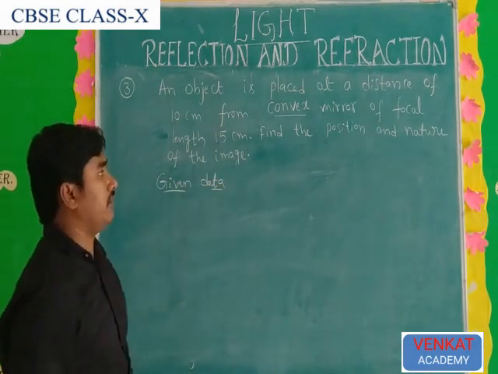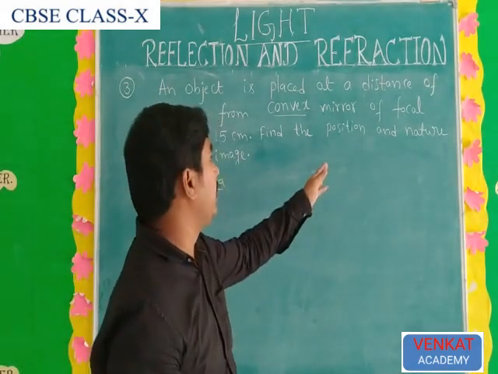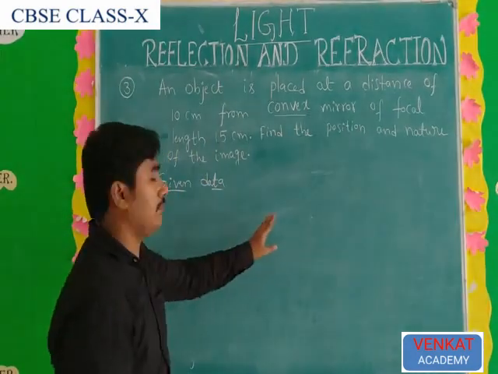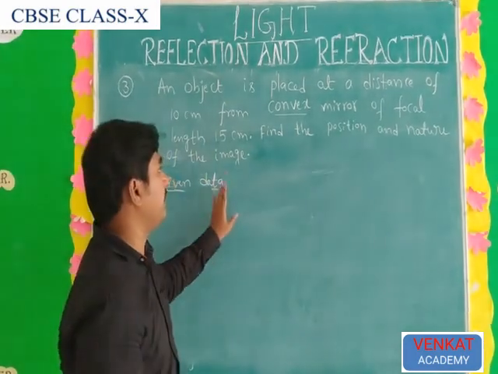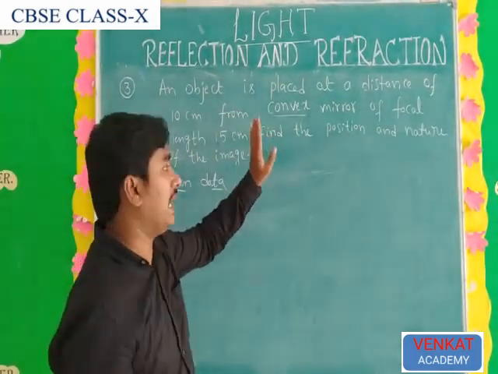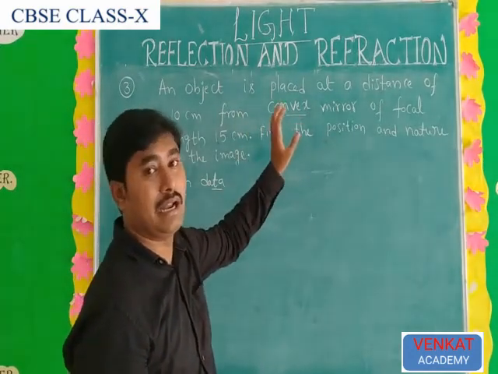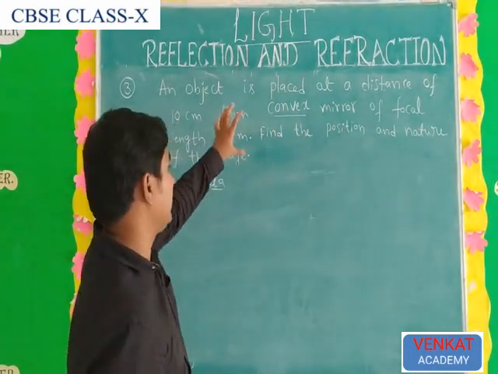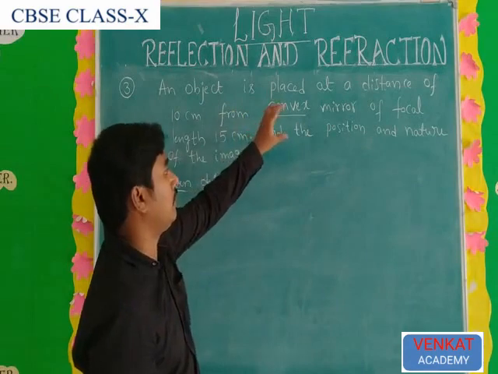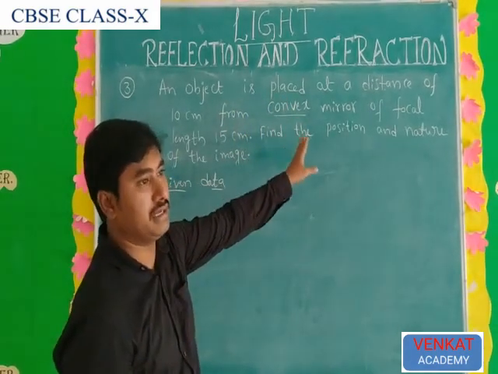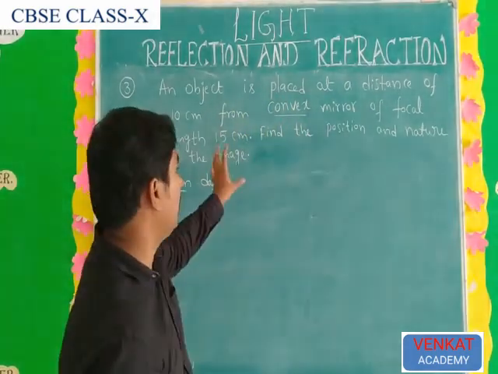So the given data is very important. This means if there is any mistake in the given data, the total problem is wrong. That's why the given data is very, very important. First you have to read the problem one or two times and try to understand what they are asking and what they have given. Whatever is the distance of the image, distance of the object, or focal length, you have to observe everything first.